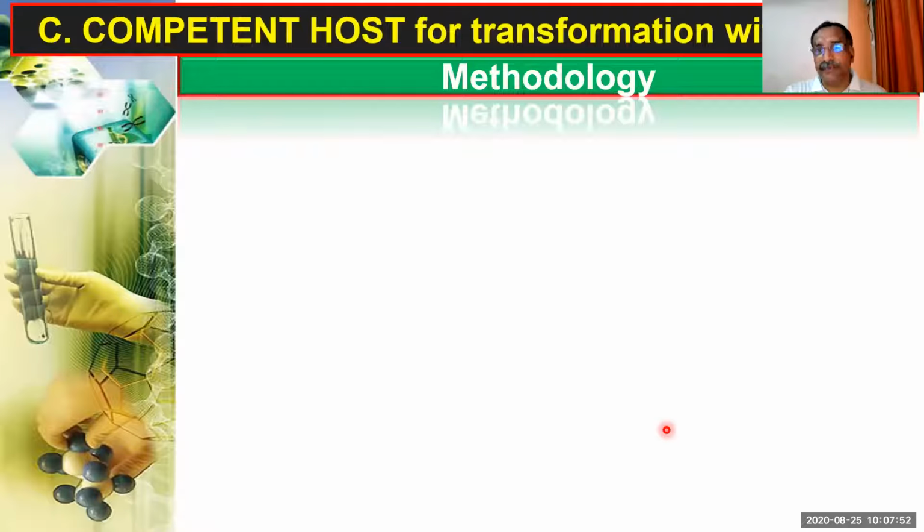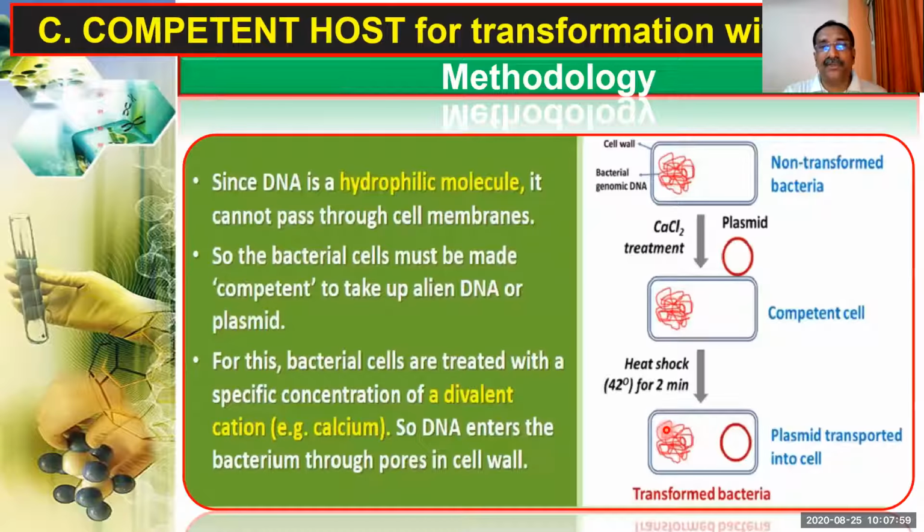Now, ultimately, at the end, what do you have to do? Whatever transformation you have done, finally you have to get it into the host cell. Now you see, if you want to insert this plasmid into a bacterial cell, a plant cell or whatever, it is not so easy. Even bacterial cells will not accept the DNA. The foreign DNA cannot be accepted. So you have to do certain processing there.